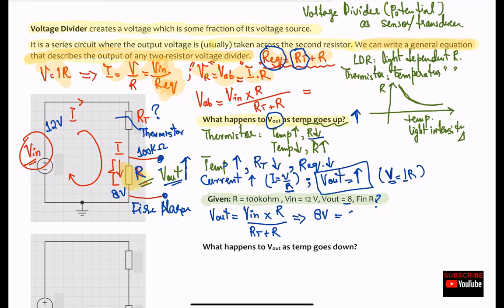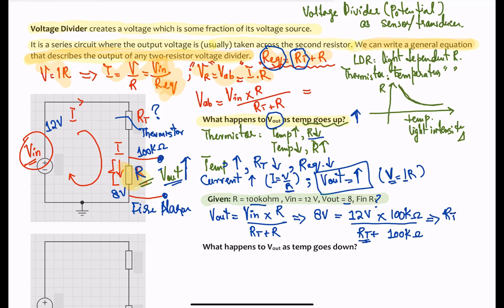V in is also given, which is 12 volts, times resistance R, which is 100 kilo ohm, divided by RT plus R, which is again 100 kilo ohm. In this equation, all the parameters are known except for RT. You can rearrange the equation, do the math, and you'll get the thermistor resistance equals 50